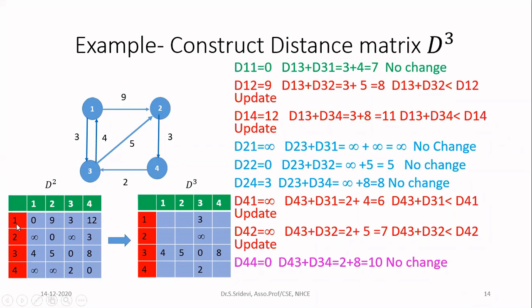In the previous matrix, D12 is the cost of reaching 2 from 1, it is 9. Now I am going to consider whether there is a shortest path from vertex 1 to vertex 2, but through the vertex 3. So I am going to find the distance of D13 and then D32. I'll add both. Now what is the distance of D13? The distance of D13 is 3 here. Then the distance of D32, from 3 to 2, the distance is 5. When you add these things, you are getting the distance as 8. So previously, also you have a path, but the distance is 9. But now you are computing a shorter path.